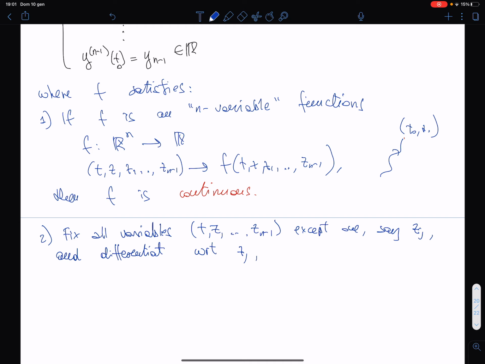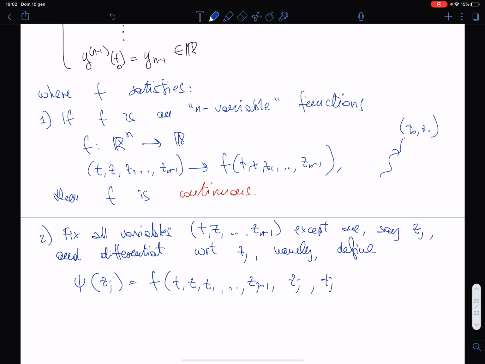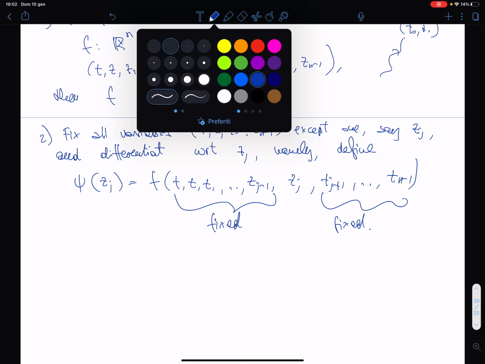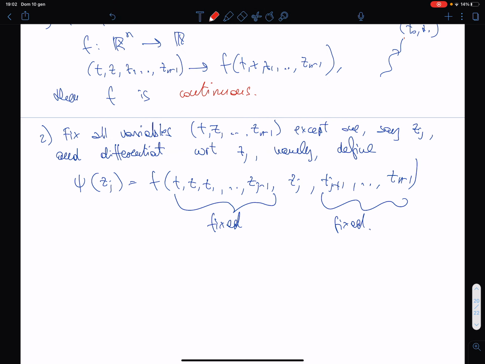So, namely, define a function psi of the only zj, which is given by f of t, z, z1 up to zj minus 1, and then you have zj plus 1, and then z n minus 1, and all the variables except zj are fixed. Then differentiate with respect to zj, and then you have